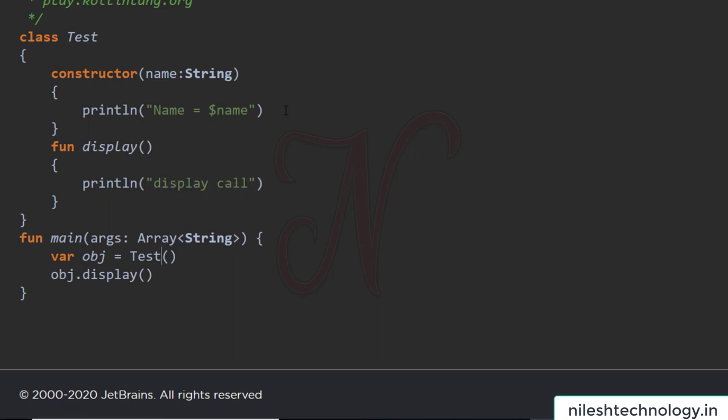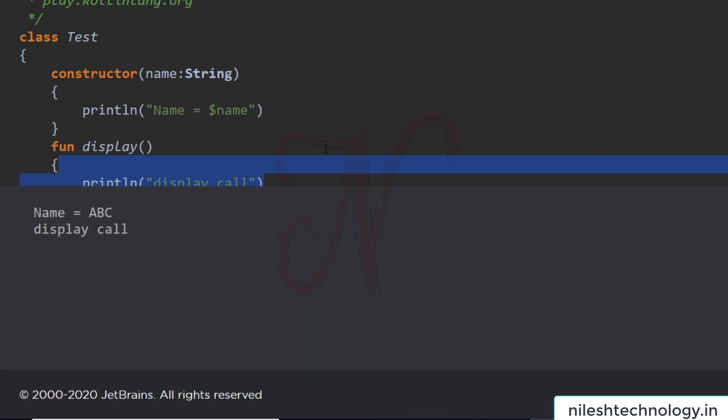Here we create an object of the Test class and call this display function. The parameter ABC goes to the name variable, and we print name equal to ABC and display call. So this is your output: name ABC and display call.